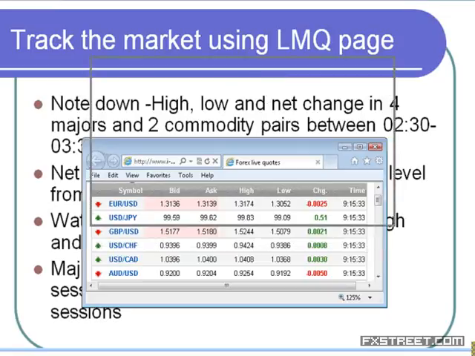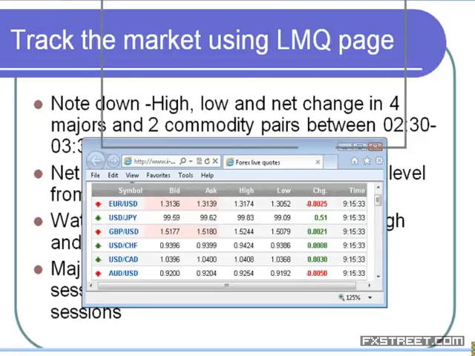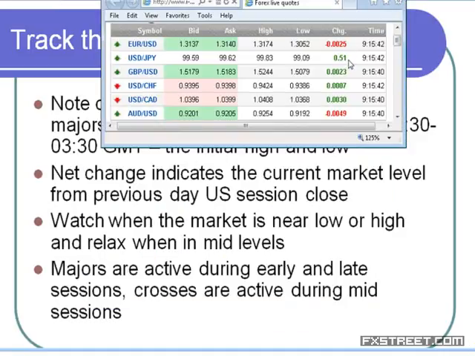Then secondly, you have to find out the net changes. The net change is given in the same table. So euro is about 25 pips negative net change, and USD is 51 pips positive net change. Positive is given in green, negative is given in red. GBP is 21 pips positive net change. So that means, euro is currently trading 23 pips lower than yesterday's close. From yesterday's close level, it has dropped about 23 pips currently. That is what it refers to as the net change.